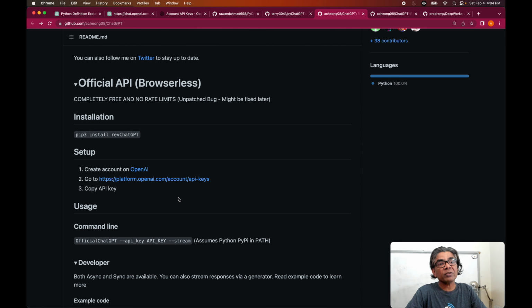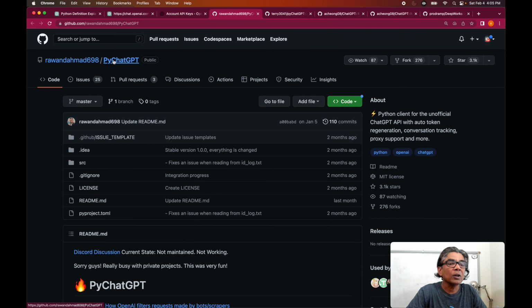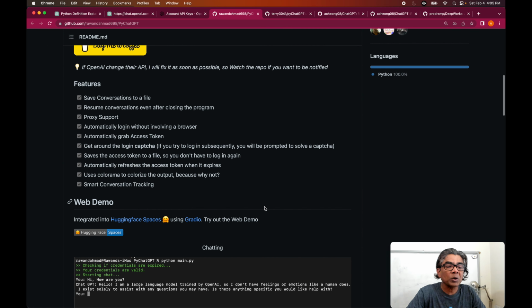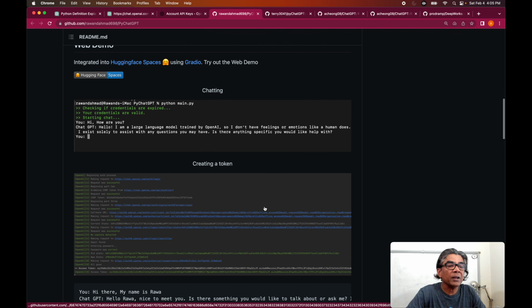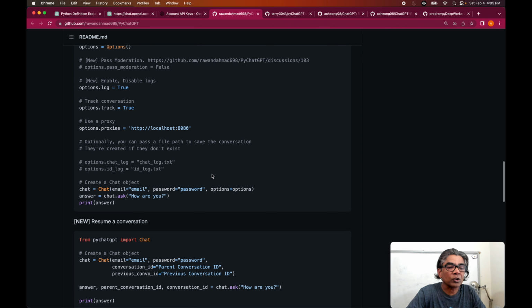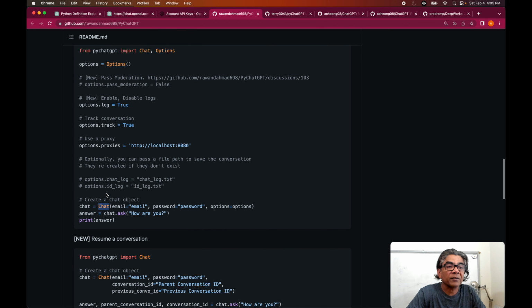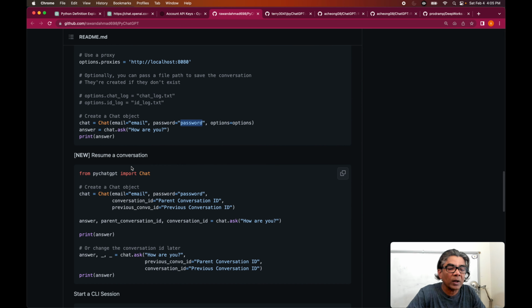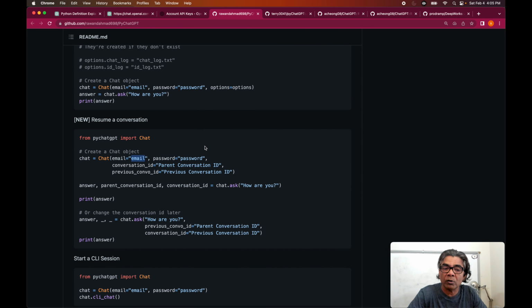However, now let's come back to the second library, PyChatGPT, which is discontinued because it's not really maintained. I'm just going to show you very quickly, because this library is designed to use code such as this when you are starting a chat session in PyChatGPT. Here you see chat and options. Options is going to set up various options, and the chat uses the email and password. So this library has support where you can use Gmail or Microsoft email, or I think Twitter is also supported by